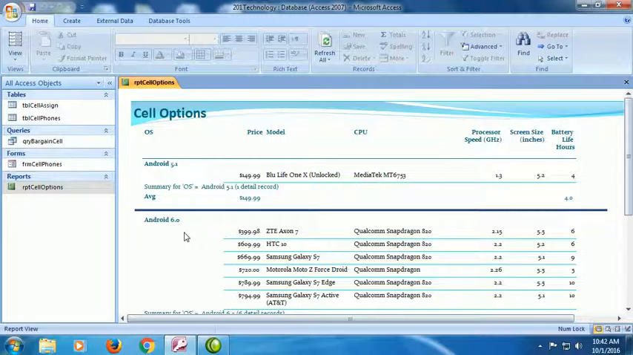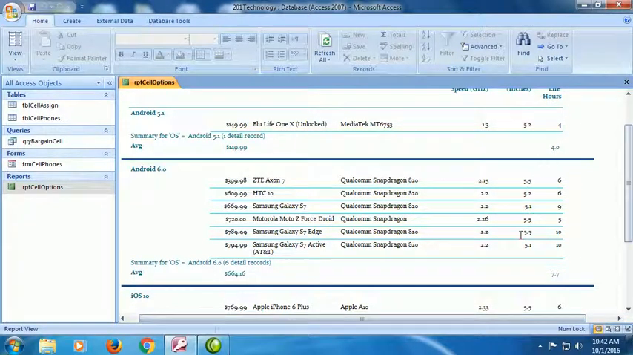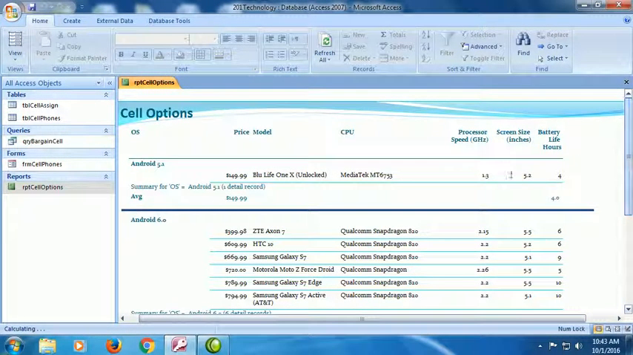It's kind of a summary of data. So this report shows me, grouped by operating system, all of the different phones which, for example, have an Android 6.0 operating system. Here's the price of each phone. It's sorted in order by price. Gives me the actual model of the phone, tells me what processor it has and how fast the processor is, what the screen size is, and the battery life. I can see down here as well the average price for an Android 6 phone. I can see the average battery life for an Android 6 phone. So a report puts all of this into a very easy to read